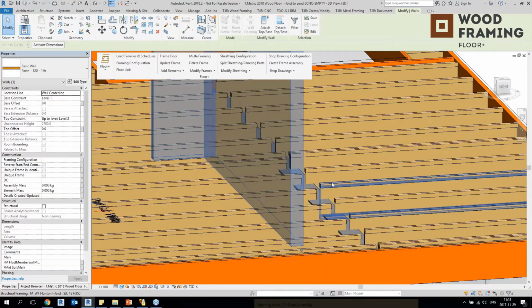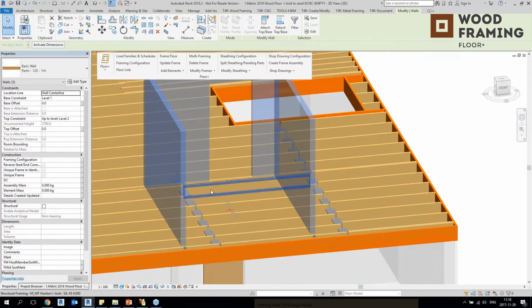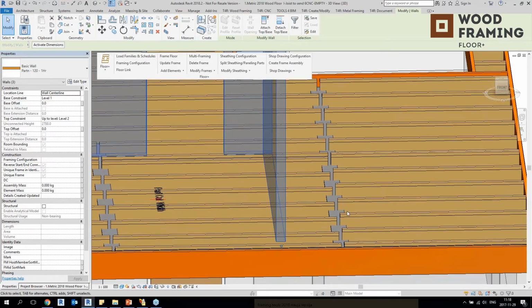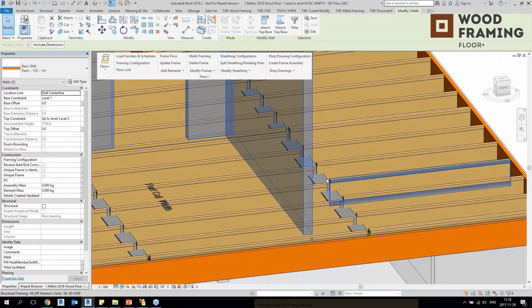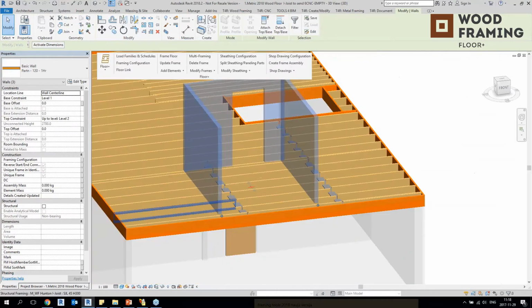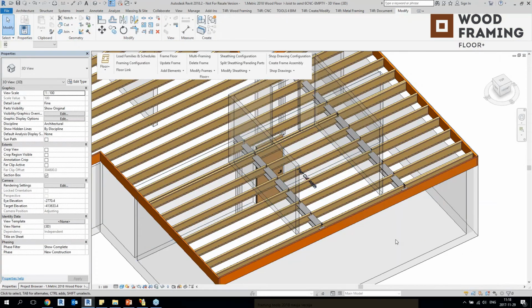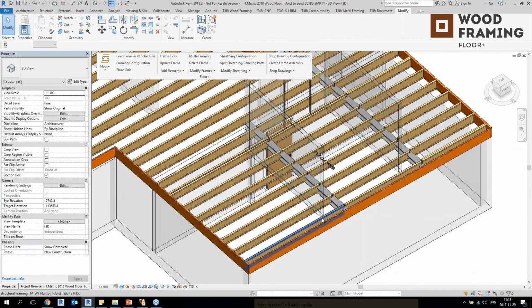Yeah, these joists do not meet on one level. Right here in this location where the bathroom is, it's okay, but right here I will need to even out these altitudes on these levels, right here and right here. So first of all, I'll need to add some additional elements